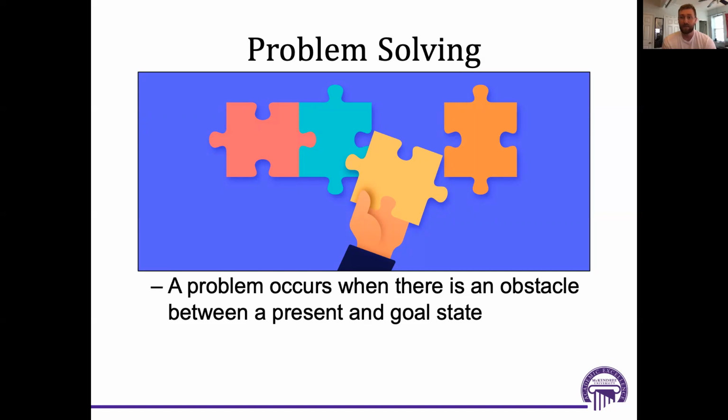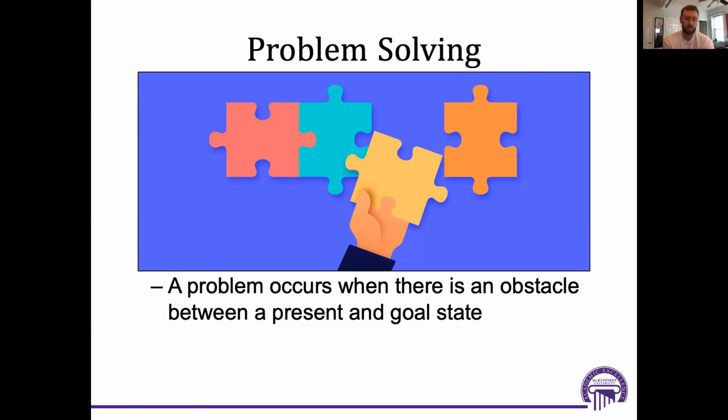Problem solving can be very complex, right? Think about the variety of problems that you come across in any given day. So for instance, having to work around traffic or construction, or having to deal with difficult interpersonal relationship issues and things like that. So we deal with problems every day, and it requires sometimes complex, out-of-the-box thinking.